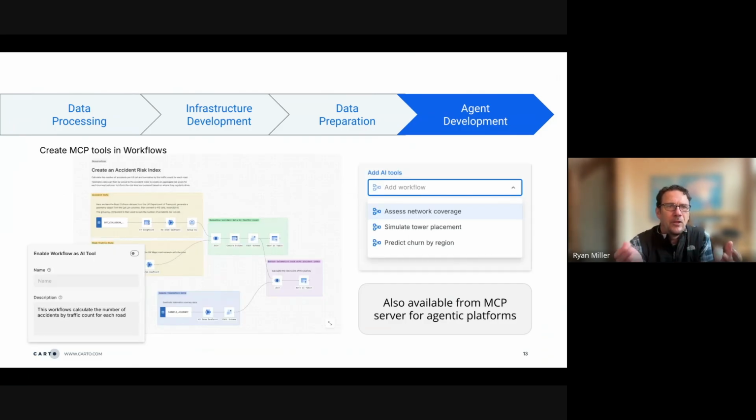Briefly, MCP tools as workflows. Workflows, what you're looking at in the background there, are components that allow you to string together processes. You build out these processes as you define. This is exactly the series of steps that you want this process to implement. You publish these workflows as MCP tools.